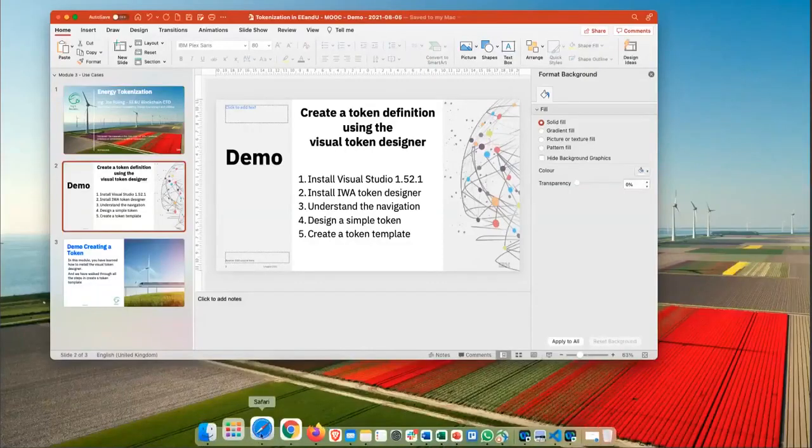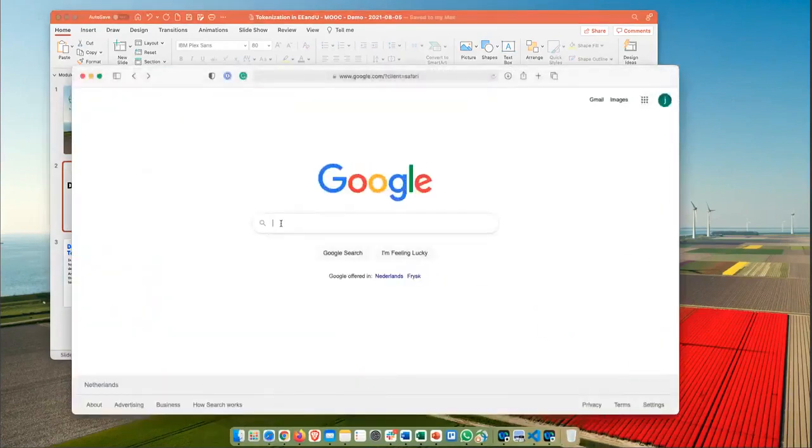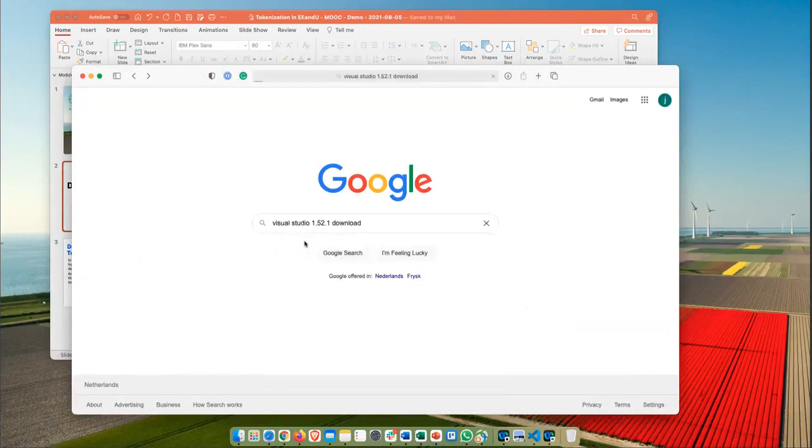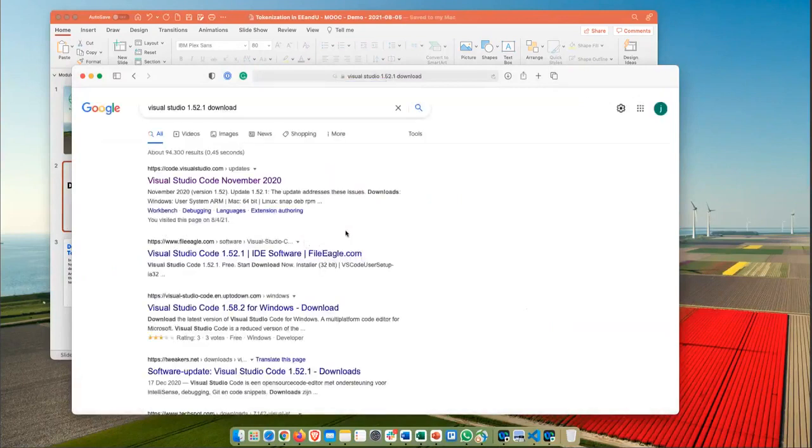First we need to install Visual Studio. I recommend using not the latest version, but a previous version like 1.52.1. If you hit in Google this search term, you can navigate to the Visual Studio page.